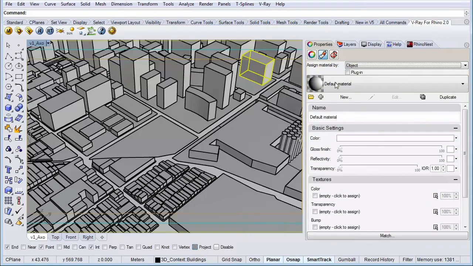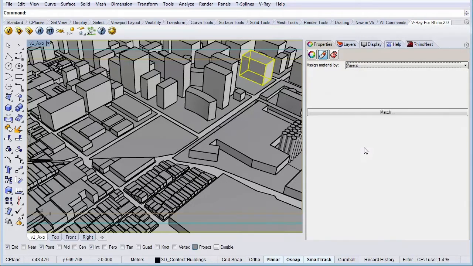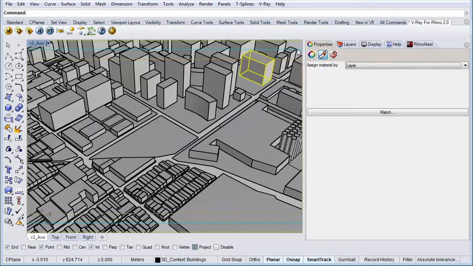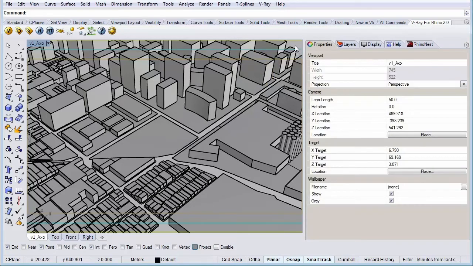And here you can actually choose individual settings for only that object. So if your layer would have the color red, for instance, and this object, you choose a material that has a color black, all the objects in that layer would turn out red, except this one, which would turn out black. So let's switch it back to layer. And let's start setting our materials according to the layers.